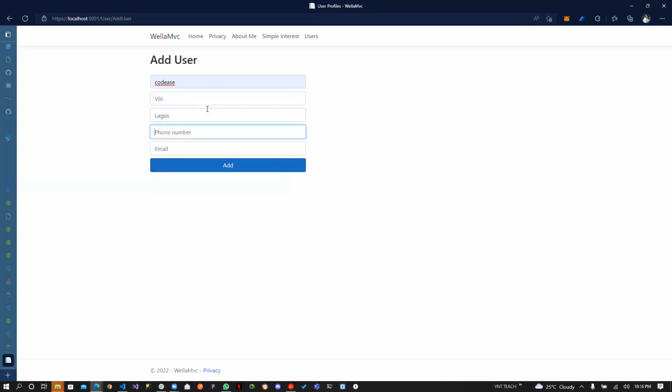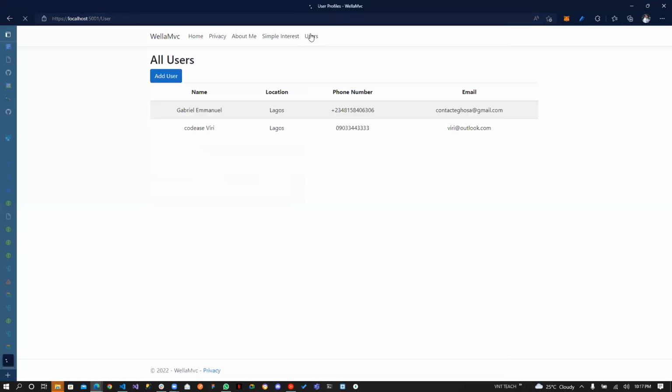Location, Lagos, phone number, 090, email, really@outlook.com and add. Then if I go to users, it's there. So as you can see, I am updating the table using the model. And then I'm also using the model to pass the data to the users page, right? So basically that's how the model view and then the